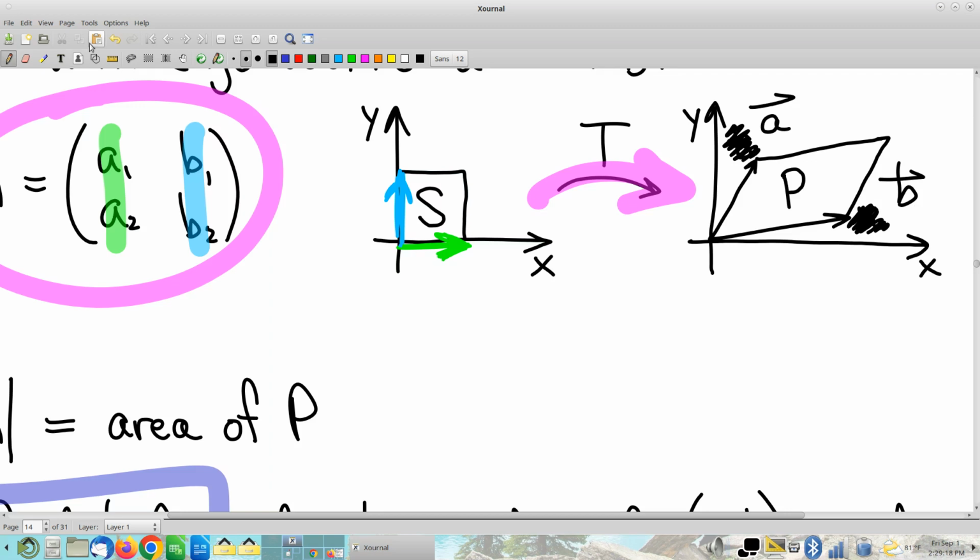Now keep in mind, A is still the first vector in the matrix. A is still the image of E1. That means this is the first vector. And likewise, B is still the second. B is still the image of E2. B, if it were over here, would be this. And now notice this function